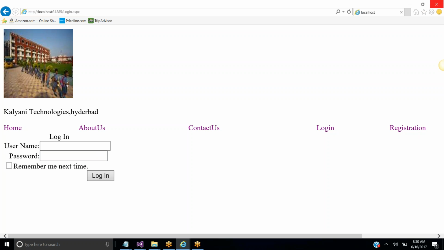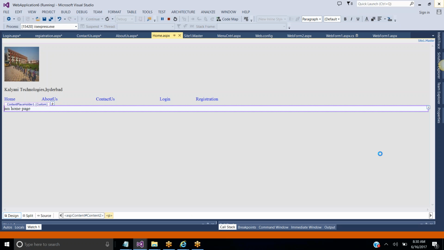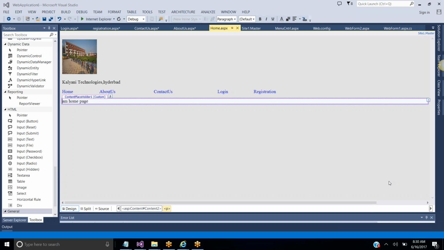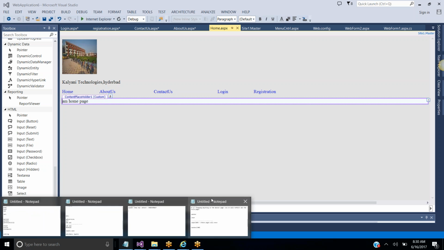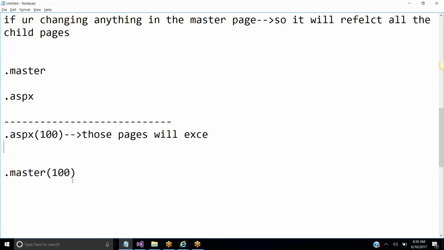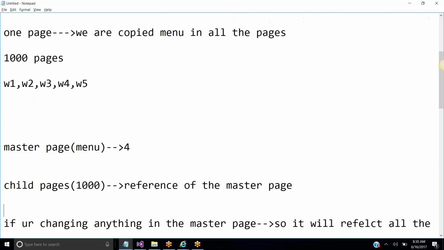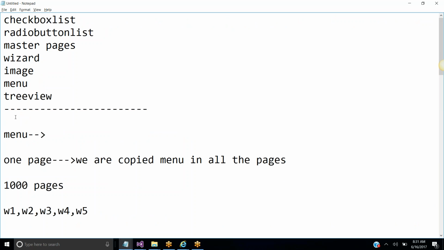This is how, once you create the data at once, you can reuse it in many child pages. This concept is called master pages and child pages. Clear, all of you? I'll tell you again: the concept is called master pages and child pages. Clear, all of you? Now we are going to discuss another concept,